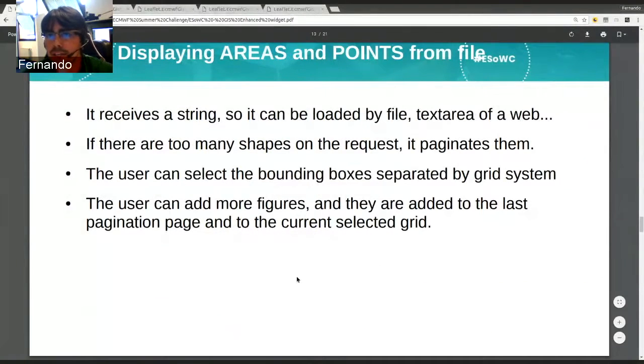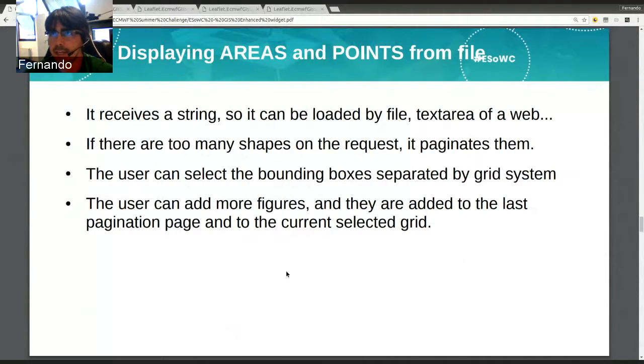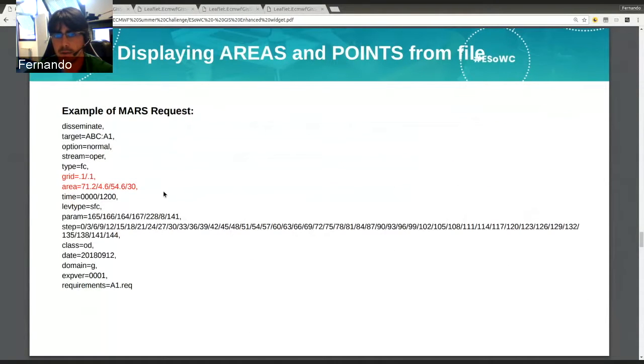Now we are going to see the second example. In this example, as I said at the beginning of the presentation, we are going to see some figures already loaded. To load them, we pass a string with different coordinates to the plugin. In this case, we have passed a merge request, and in this slide we see how the merge requests are. This is only one